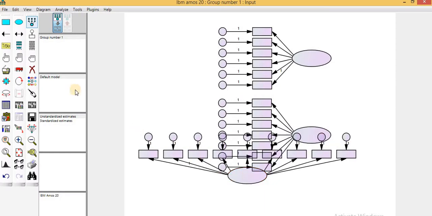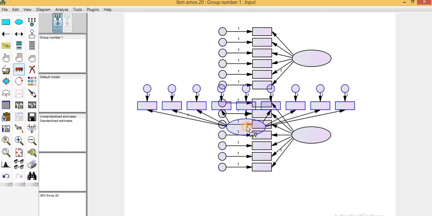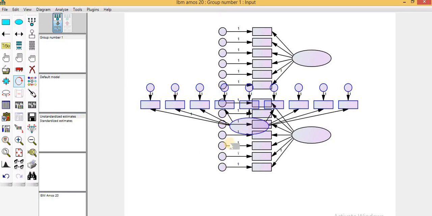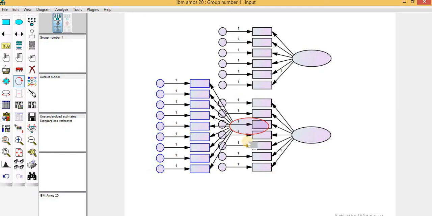Select the items, select them all. So I am going to move them here, and then change their shape like this, and then move them here.